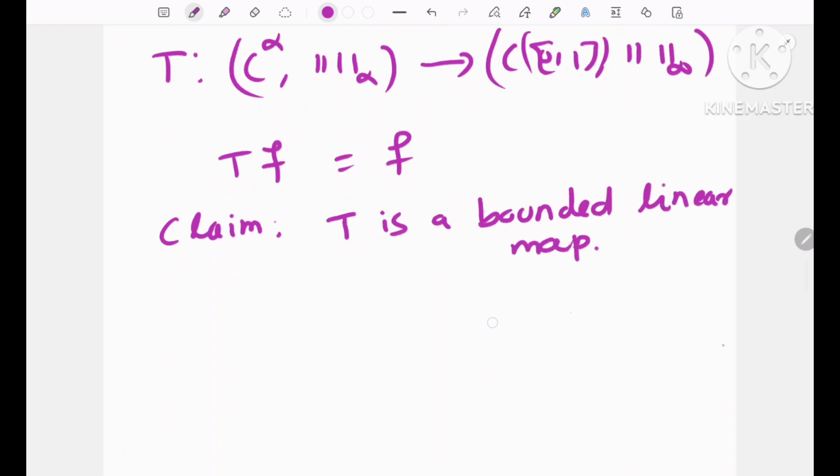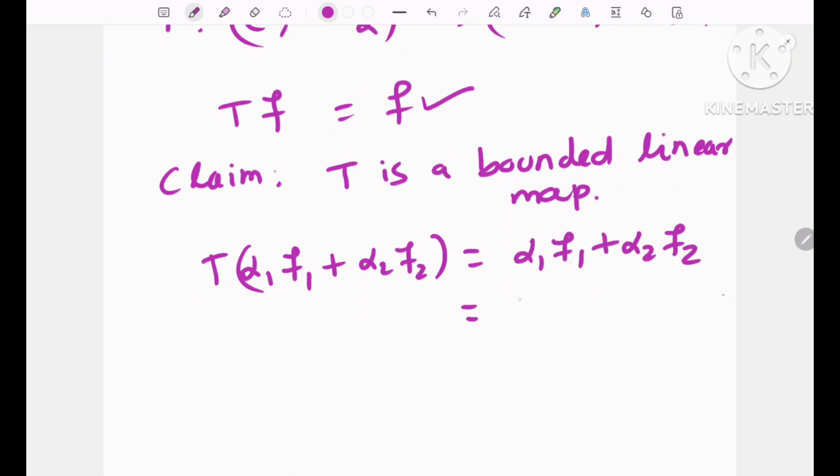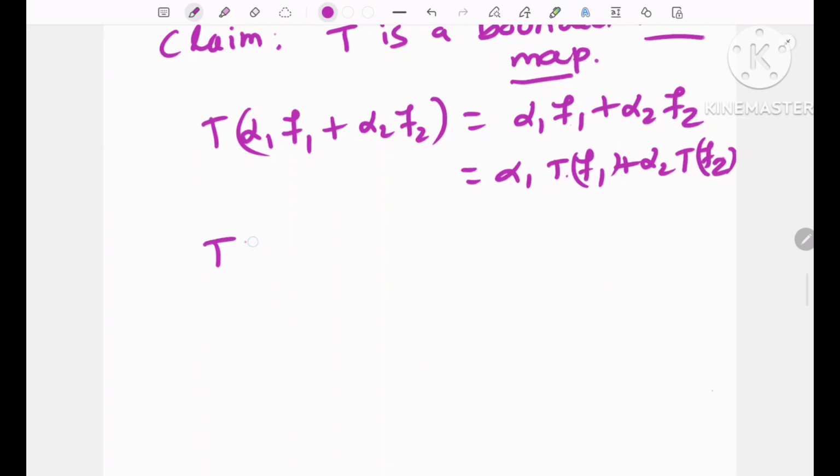How? Because linearity is easy. If we want to check T of alpha 1 f1 plus alpha 2 f2, then by using the identity map, alpha 1 f1 plus alpha 2 f2 is nothing but alpha 1 T f1 plus alpha 2 T f2, because it is the identity map. So this is clear: because it is a linear map and the identity map, therefore it is a linear one. Okay, to show the boundedness we have to verify that